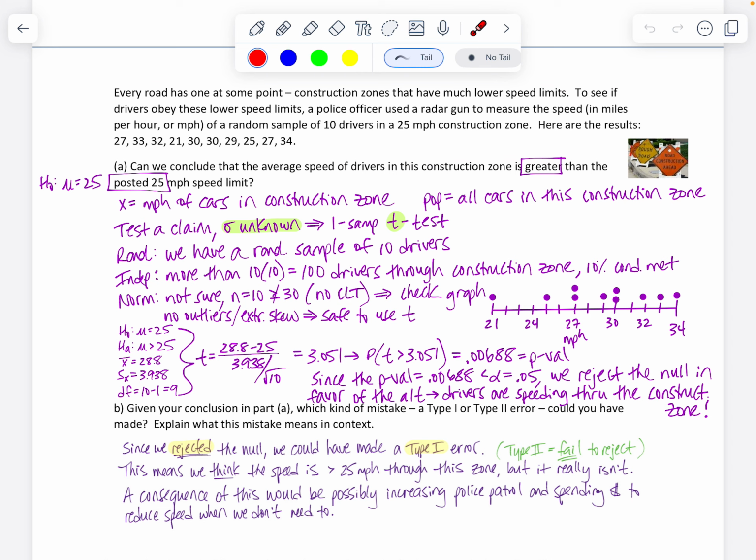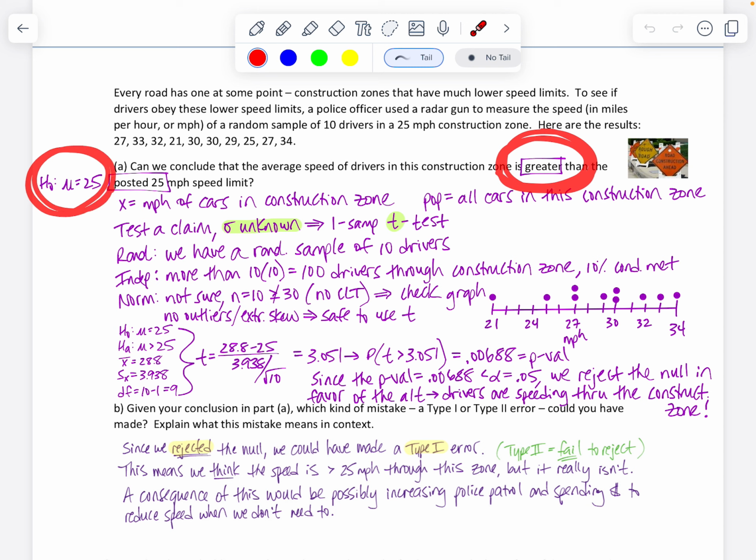So we have a very similar problem to the one that we talked about last class period. What we're talking about here is we have a police officer using a radar gun to clock people going through a construction zone. And we are asked a question: do we have enough evidence to conclude the average speed of drivers, we have a random sample of 10 drivers, is greater